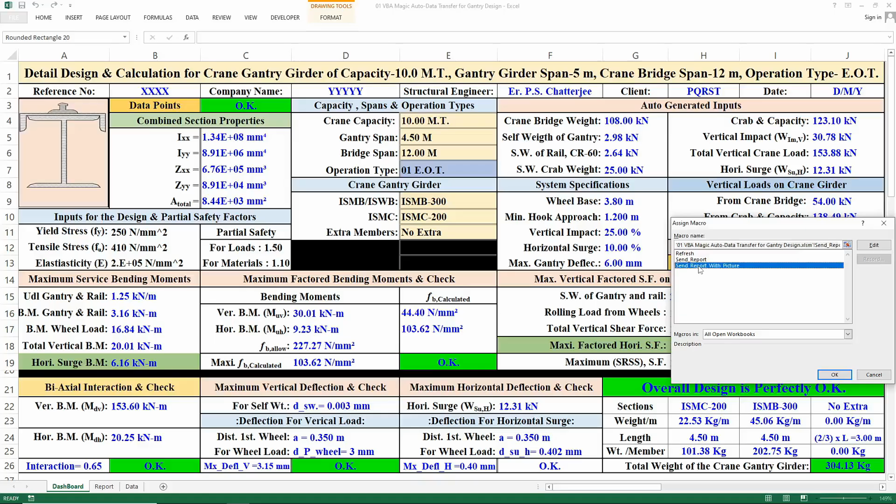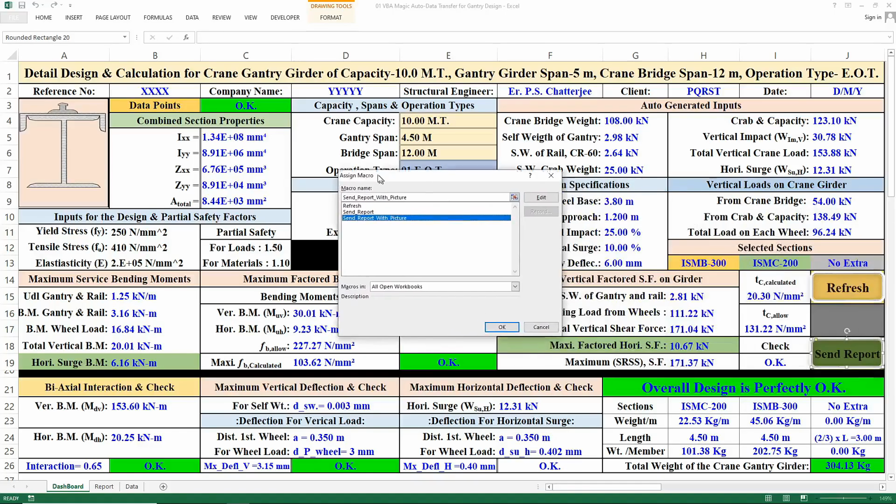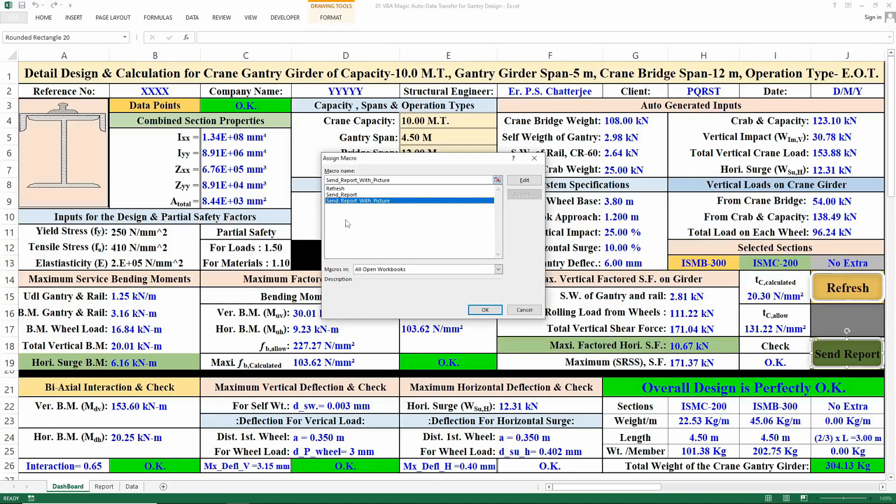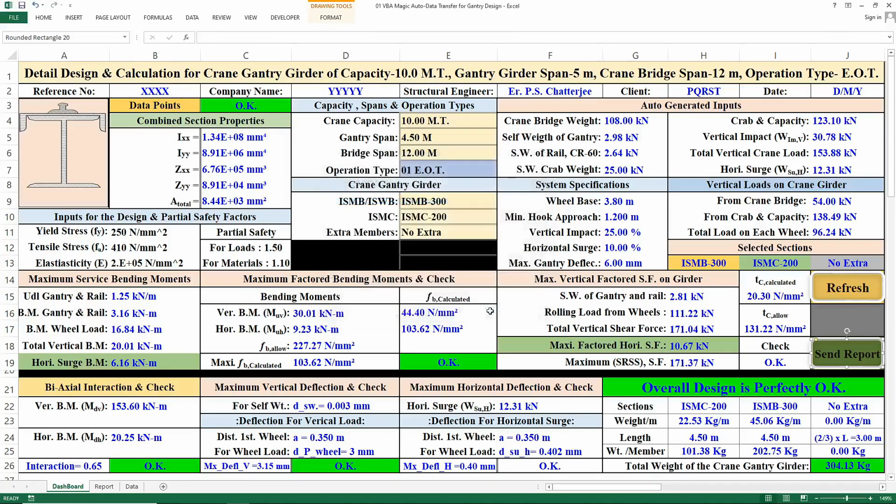A dialog box will appear. From this list, choose our professional send_report_with_picture script and click OK. Now the button is officially live and protected by our confirmation logic. Every time you click it from now on, your data is guarded by the professional yes or no safety net